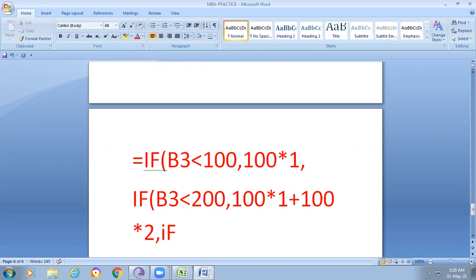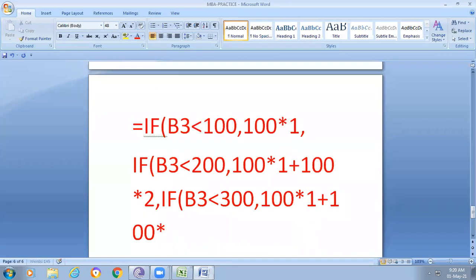I use the if. Again I open another if. Now if B3 is less than 300, then what is the calculation? 100 into 1 plus 100 into 2 plus 100 into 3. Am I right? Now if the number of units is greater than 300, then what is our formula?